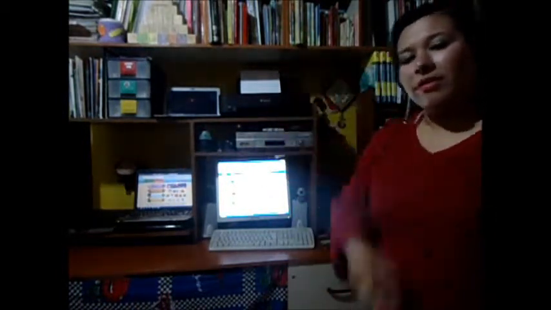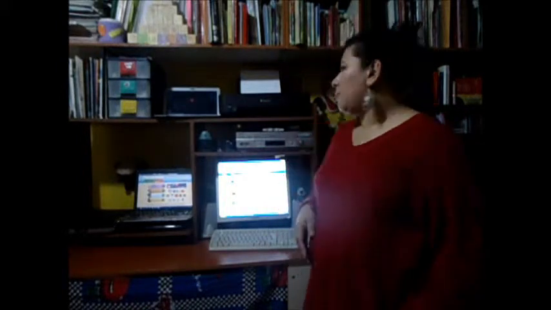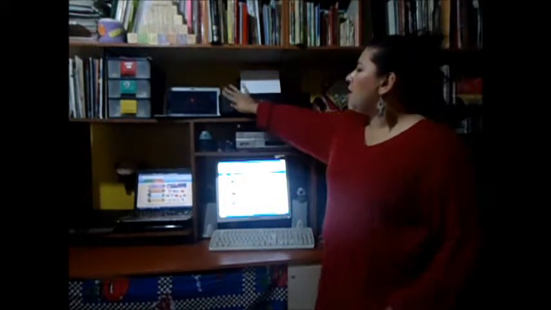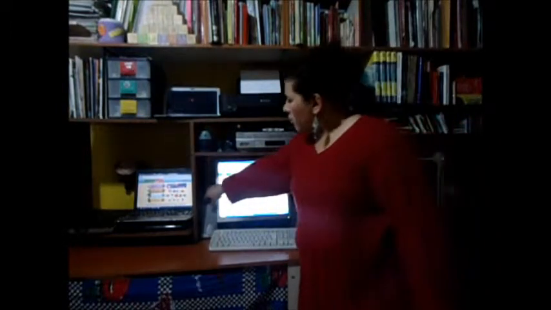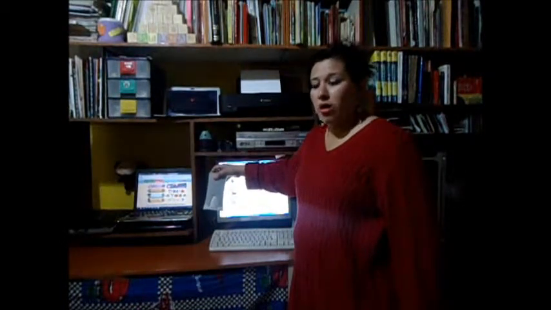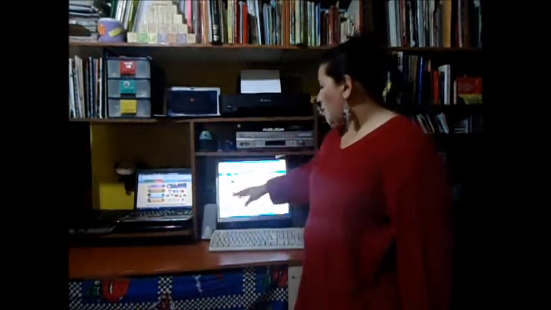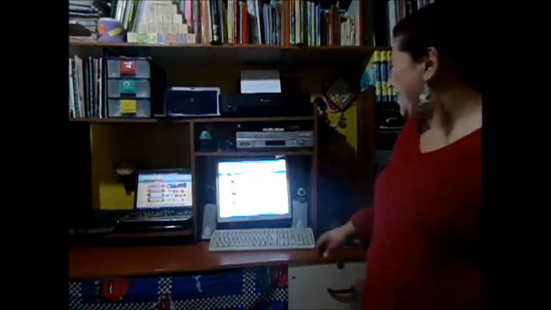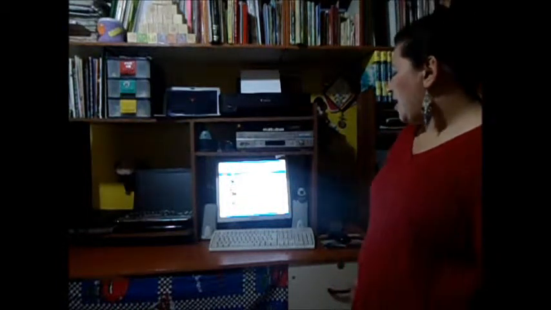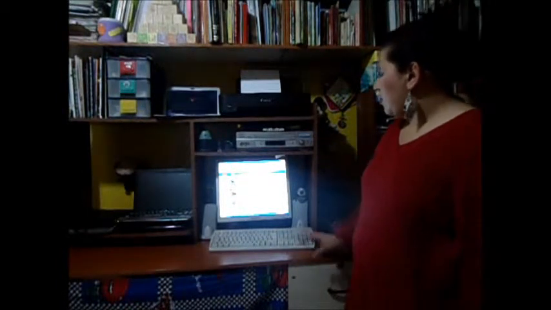Then let's go to the opposite, the output elements. The first one we can see here is our printer, and we have also our speakers, which are an output element for audio, and the screen, perhaps the most important element. It will let us see our multimedia, of course, and sometimes we can have the headphones,